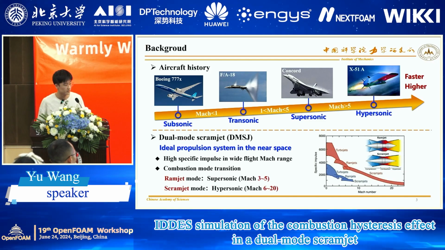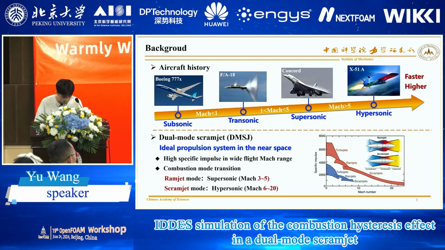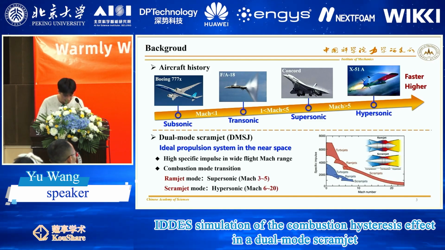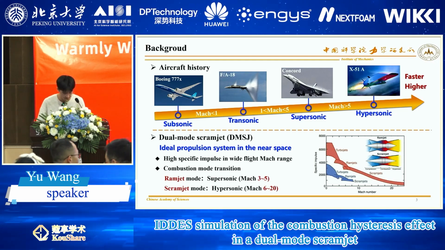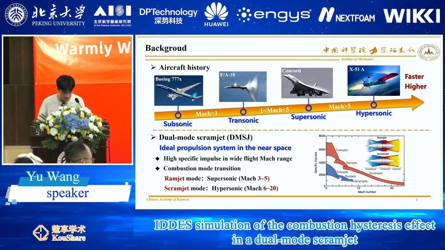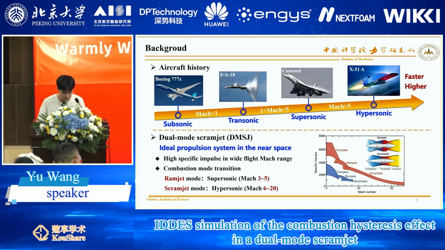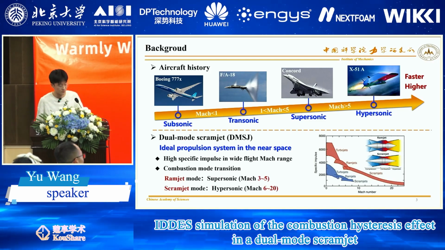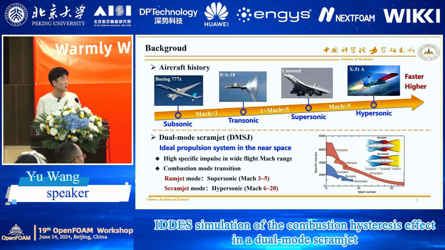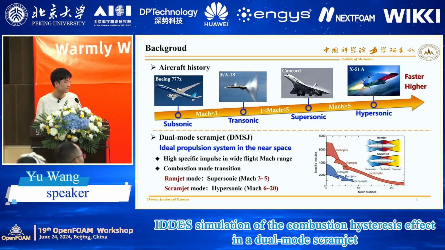For example, in this graph, the ramjet must operate at Mach 3 to 5, while the scramjet operates when Mach